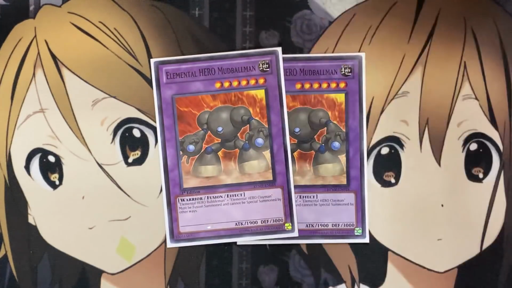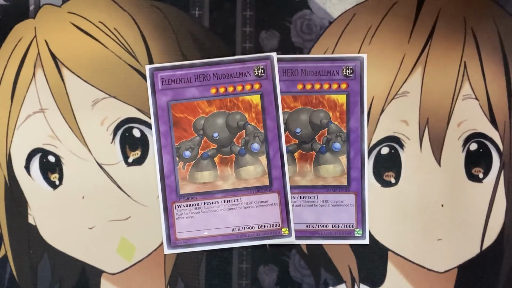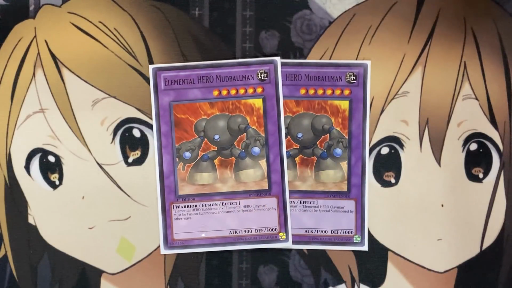I'm running 2 Elemental Hero Mudball Man. This is probably my favorite hero that fuses with Clayman art-wise. It was just so amazing looking in the anime when Jaden first made it. It just popped out of the card in a very hilarious way. And he then lost to Zane, obviously, with the first time he summoned this card, thinking this could be enough